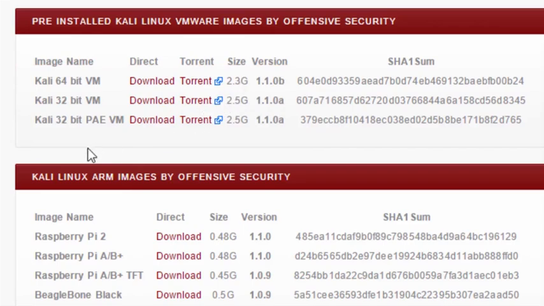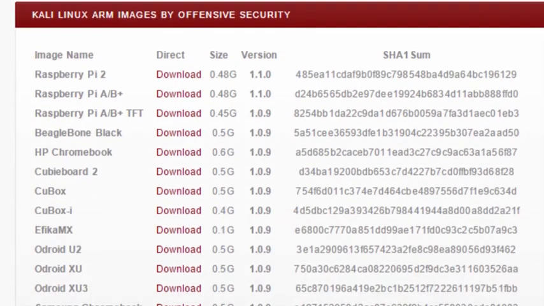But also it's pretty cool because they also have images for other architectures. In this case, ARM images, which is a kind of smaller architecture for phones, like Android phones. So you can see here that they have Raspberry Pi and many other architectures related to ARM, Samsung Chromebook, and all of those. So once you download it, you just place it into your local directory, and you will need either